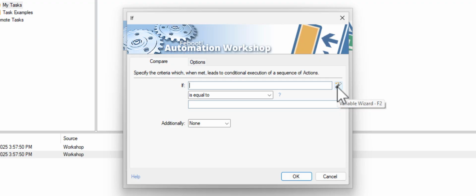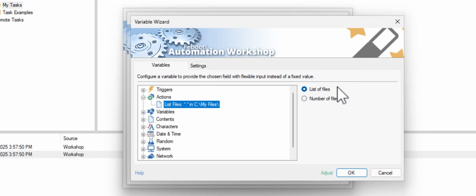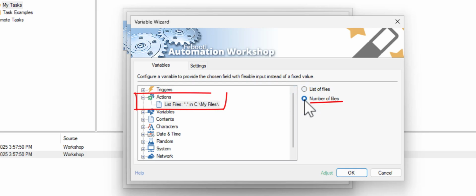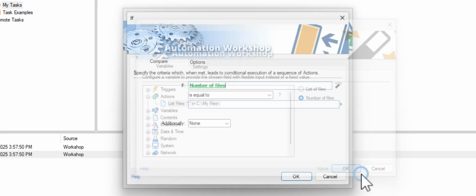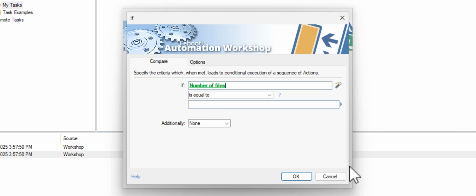Using the variable wizard, I'll select the number of files variable returned by the List Files action. I'll compare this number to 0.